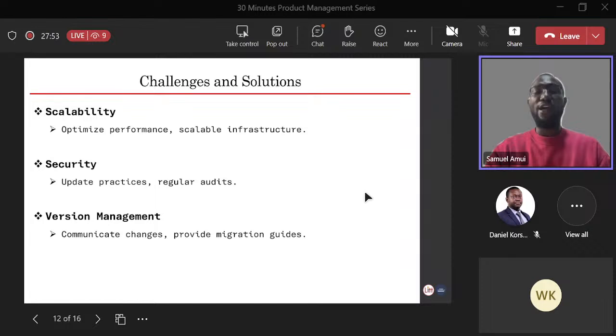Now, with everything that we are trying to build, there will definitely be some challenges and blockages. So what are some of the challenges that we might face when we are building an API as a product manager? Some of them are scalability. As and when people are using your API, there will be a lot of traffic on it. The pressure will be high on it. And when things like that start happening, it means that you have to expand your operations. You have to increase the number of, let's say, servers that you have.